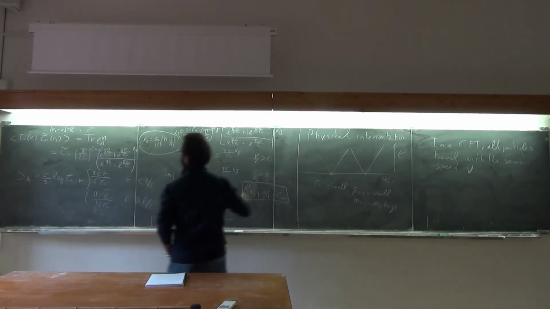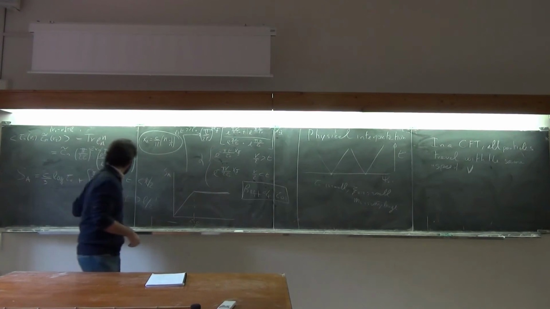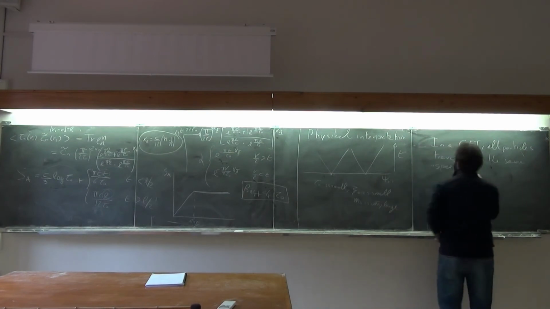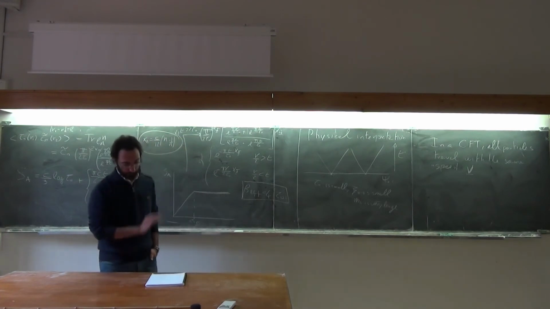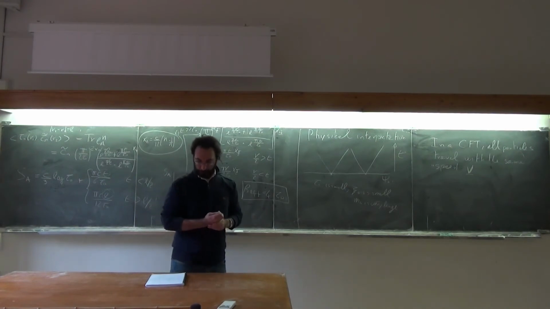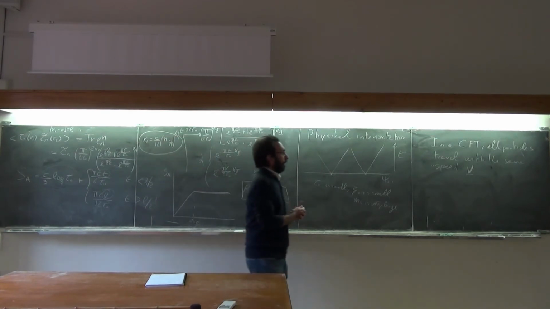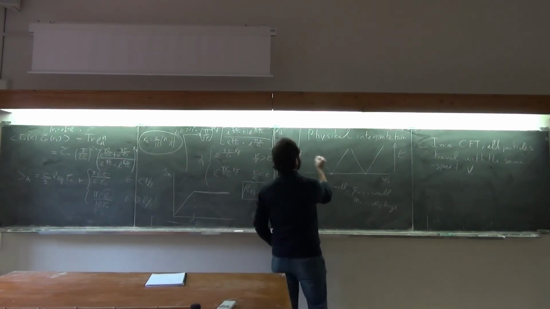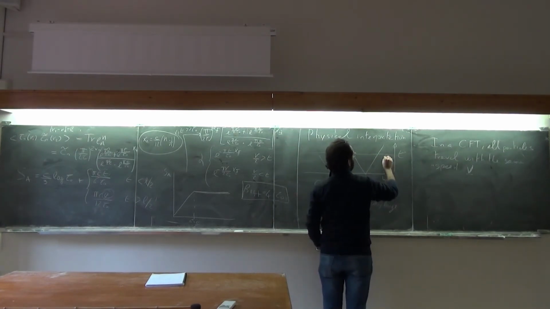So the formula here should be corrected with v every time there is a speed. So it's vt that has the same dimension as the distance. This is the peculiarity of the conformal theory: there is only one velocity, and all excitations travel with that velocity by Lorentz invariance. This is not true in a real system, and I will discuss all this change in a second. But if all the particles travel with the same speed, you can see that if I look at the system at a given time t after the quench,